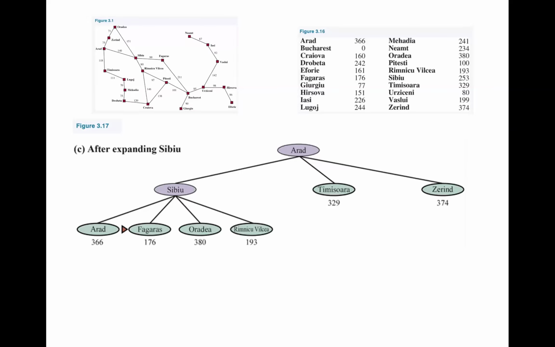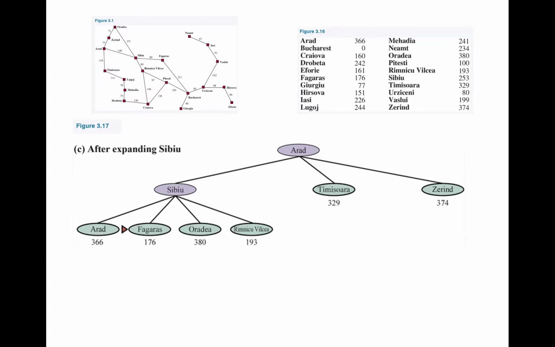we expand this node. So we expand Sibiu, and as we can see, the neighboring nodes, the successors for Sibiu, are Fagaras, Oradea, Rimnicu Vilcea, and Arad. And the thing to pay attention to here is you'll notice that Arad reappears on this search tree. Now, of course, yes, Arad is a neighbor of Sibiu, a successor, but you'll notice that Arad's distance measure is 366. It's one of the largest among all of these encountered nodes, which ultimately are sitting in the priority